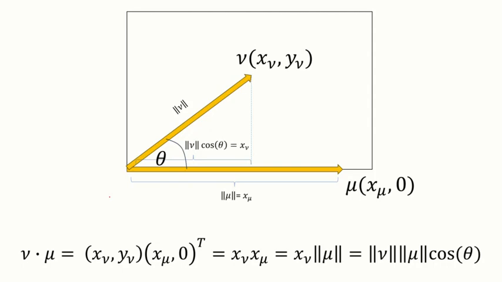Okay, now we need to know the definition of theta. So what's cosine theta? Cosine theta is, if you do a projection, basically you project your new vector onto the mu vector, and then this is 90 degrees, and by definition, your cosine theta should be